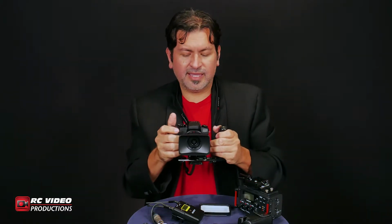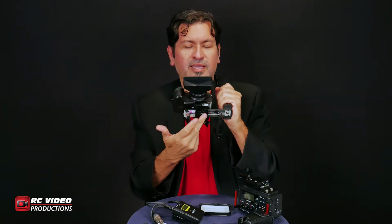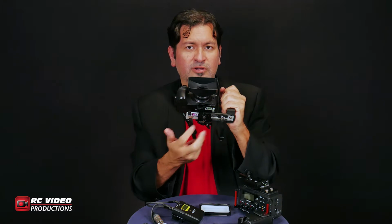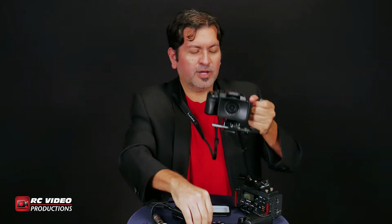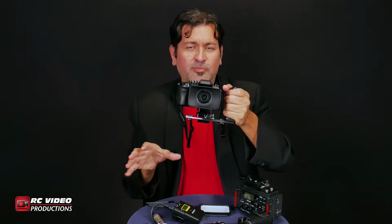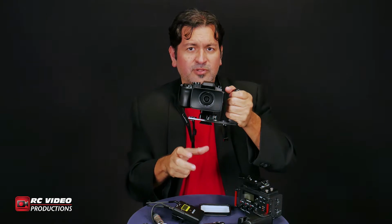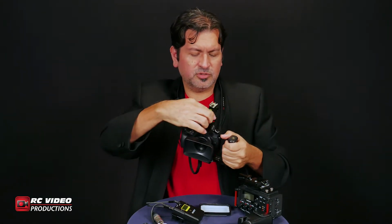So I've got this, and this is really nice and lightweight. But again, at the bottom I still have another quick release plate, so that way I can attach other things. So if I wanted to, I can mount this to my fluid head tripod. I've got a lightweight tripod with a very small lightweight fluid head, so I can lock that on there if I need to do that. But let me start assembling this. I'll show you what else that I'm doing,